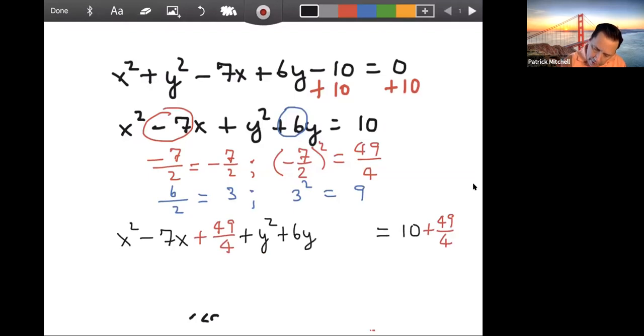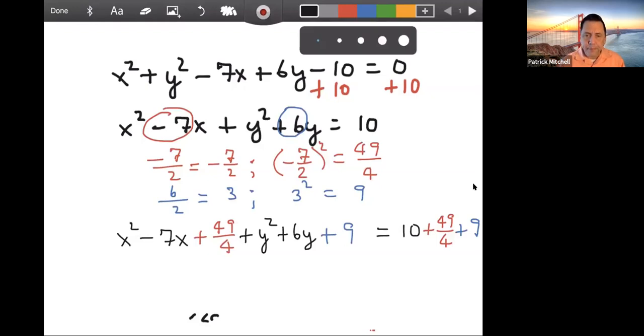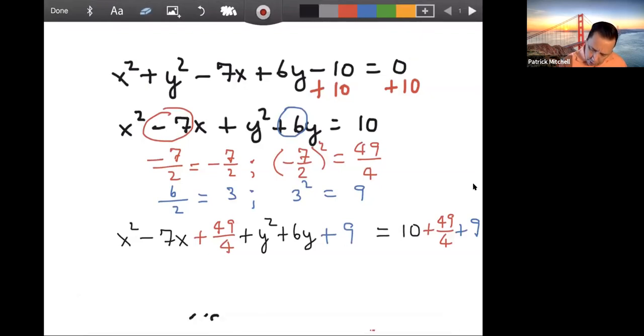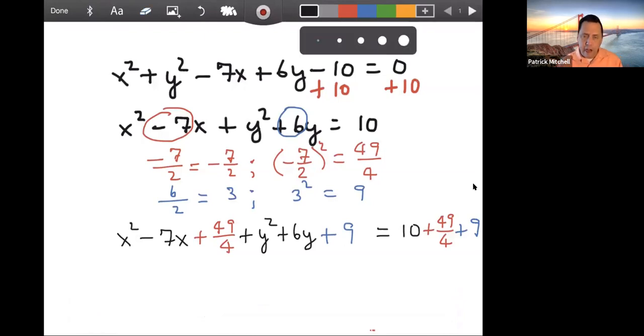And now I'm going to add the 9 to both sides. All right. So now, the first 3 terms of that expression on the left-hand side make a perfect square trinomial. It takes a little getting used to when there's a fraction involved, but this is x